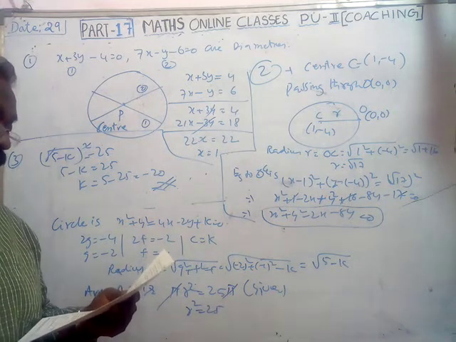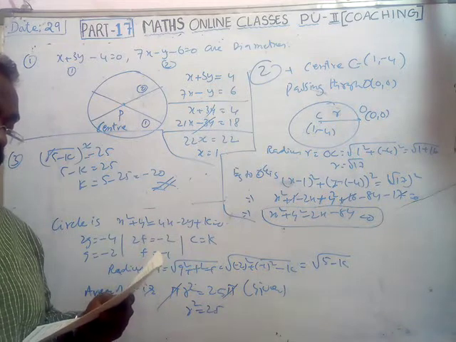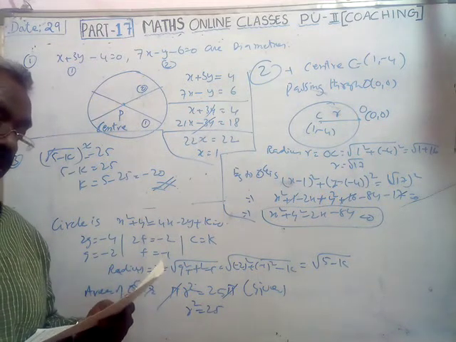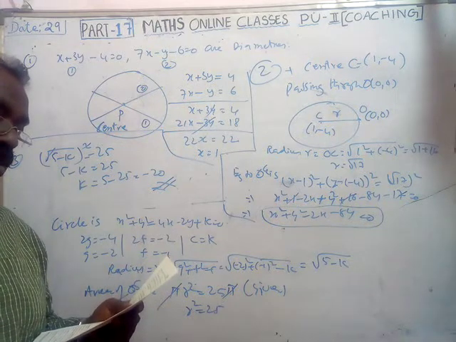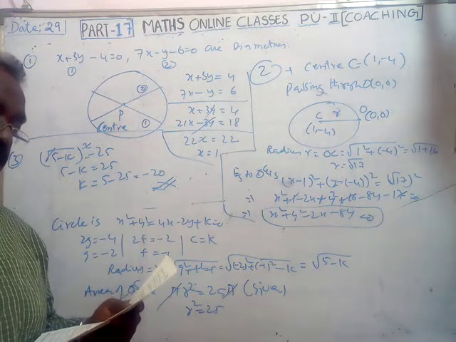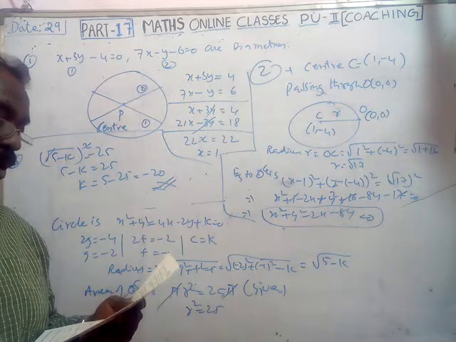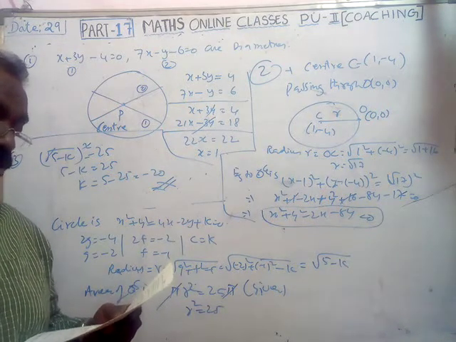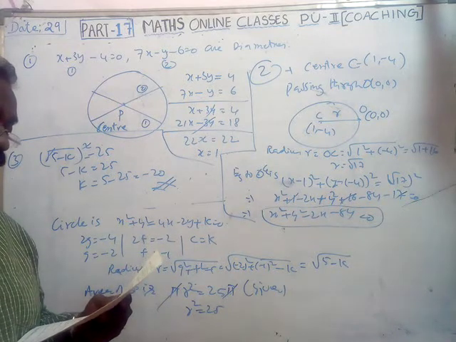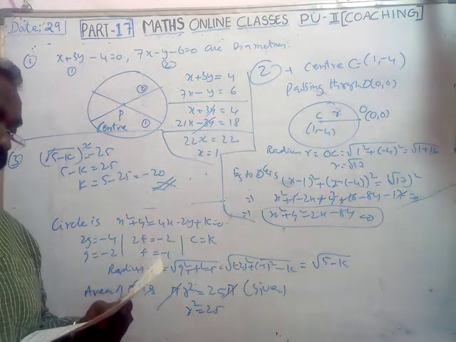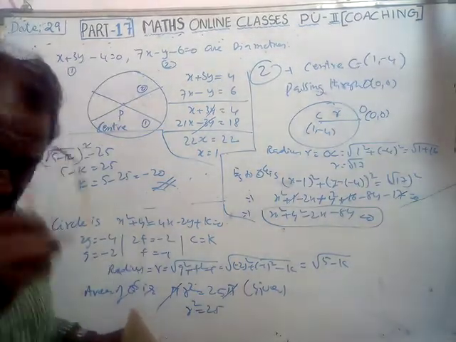Next, the radius of the circle passing through the point is asked. That circle is passing through 6, 2 and having x plus y as the normal and x plus 2y is equal to 4 as a diameter. One is normal and one is a diameter. Now the radius of the circle is asked and it is also passing through one given point.